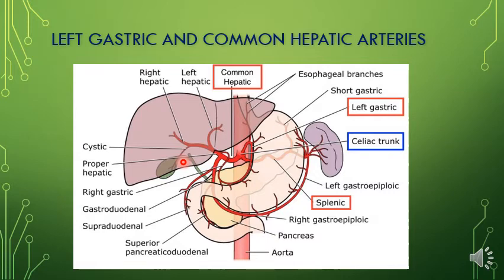The cystic artery presents variations in the mode of origin which are of surgical interest, because in cholecystectomy, wherein gallstones are present, surgery is done to remove the gallbladder, which is called cholecystectomy. While performing that surgery, the surgeon should be aware of variations in the origin of the cystic artery. So proper care is to be taken while understanding the origin of the cystic artery before performing the surgery. Right? Then the next artery is the splenic artery.